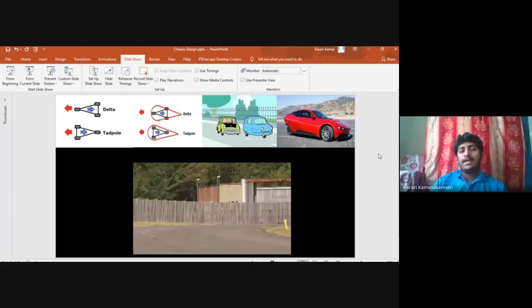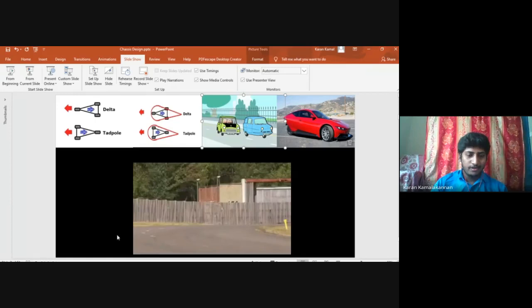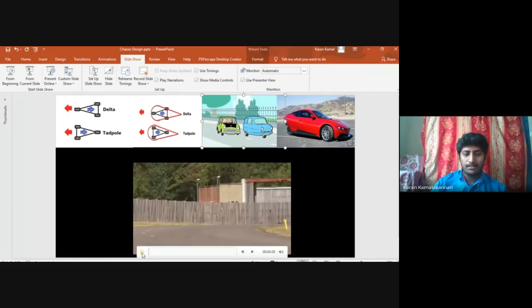For the delta configuration, one of the designs is the recently launched Saunders Electric in 2019. It is a delta shape car, and for your surprise, this vehicle costs just around 6.5 lakhs. It is an electric car affordable for all of us. That is a delta design, and this is a tadpole. I will show you a video where this car will take a turn, and I will ask the question after this and expect answers.